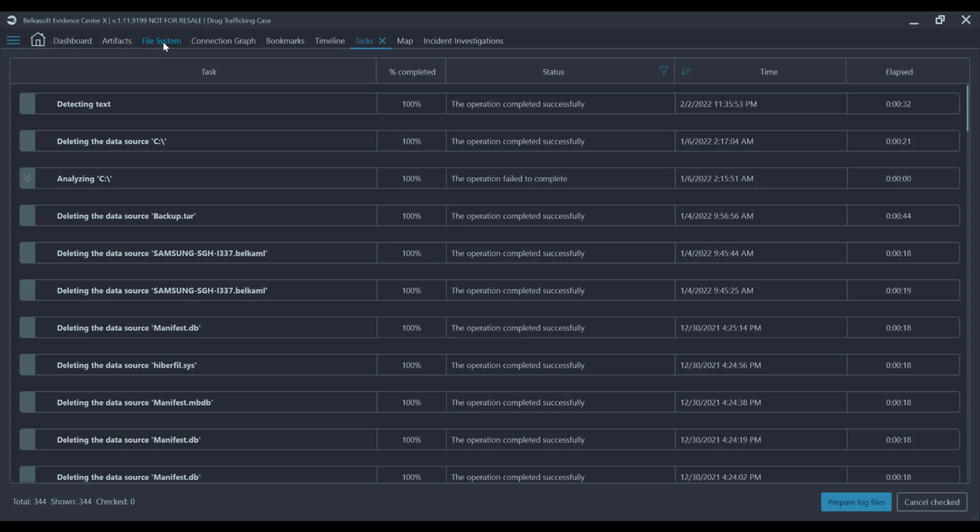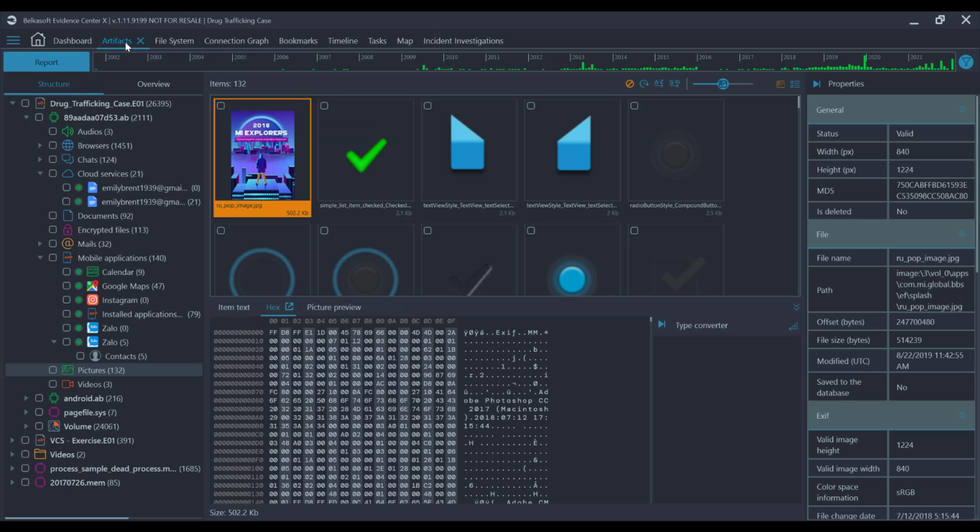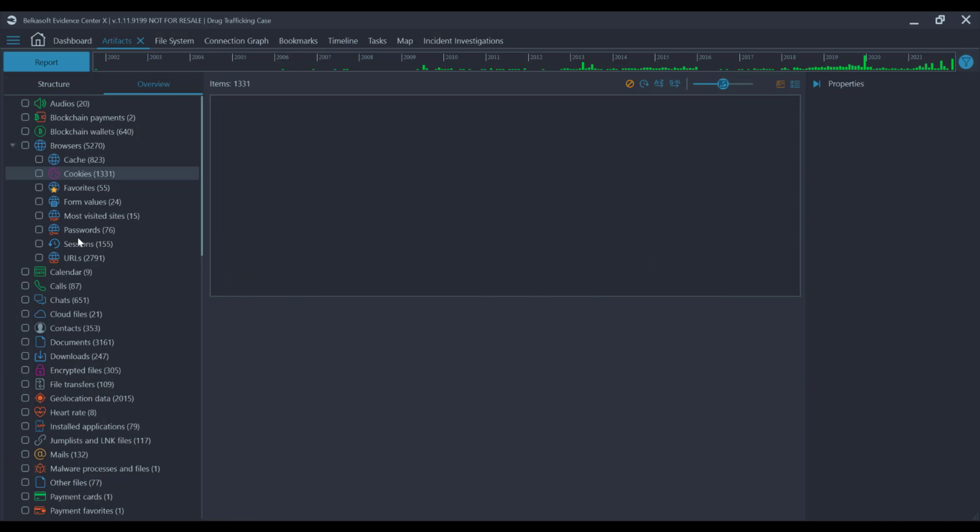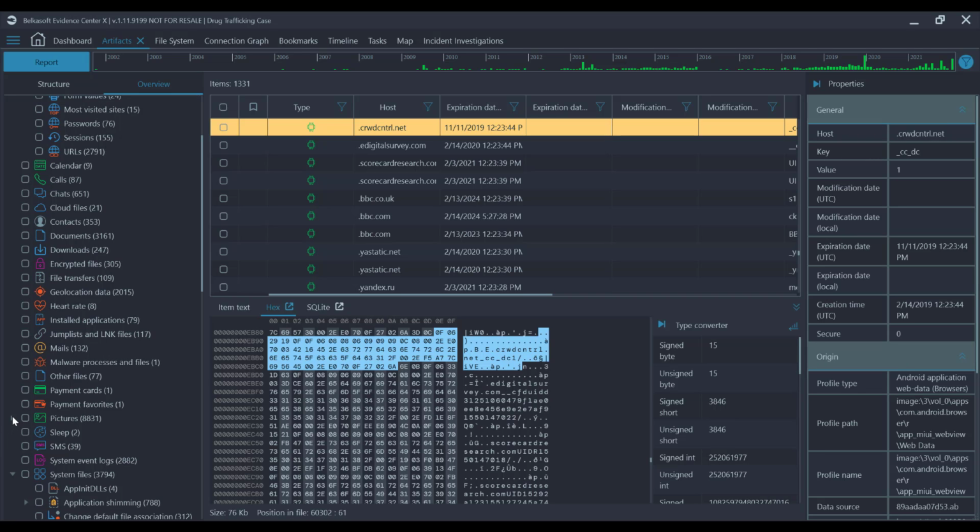For 132 pictures, we'll see how long it takes us to pull the text out of these pictures. Okay, it says it completed successfully, so that was 32 seconds. Very quick from start to finish. Let's go back into our artifacts tab. Okay, now we looked like we pulled these items, we analyzed these pictures for text, so where are they? Well, what we're going to do now is jump back into the overview tab, go to our pictures, select text,